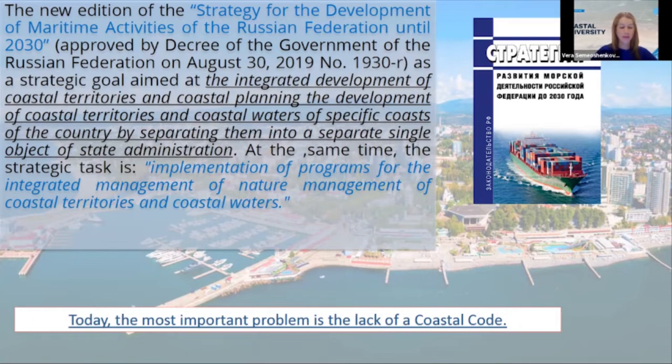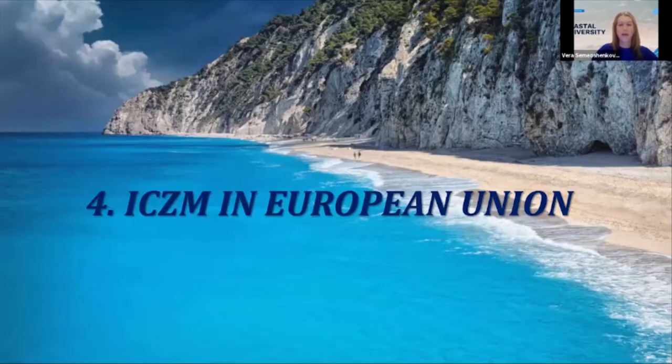But unfortunately, I have to note that yes, indeed, Russia is one of the few countries in Europe and the only country of the Baltic Sea area which doesn't have its own independent, dedicated legislation on the matter, as a result of which the transition economy of the country is suffering from the lack of such an important piece of law for the coastal areas of Russia. Let us look now at the